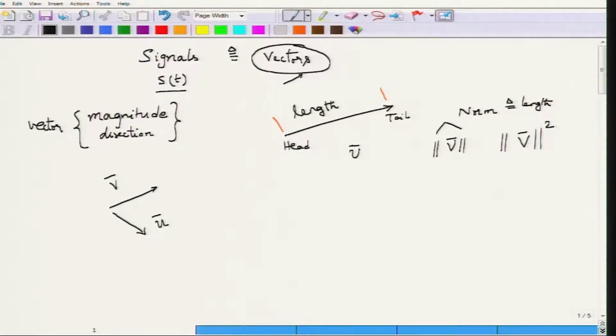Right. So, you can see that there seems to be a specific angle between these two vectors v and u, the way they are written, although you would not be able to find that out so easily. In order to find the angle between the two vectors, and to understand the intuition behind it, you have to understand that mathematically a vector u or a vector v can be slid parallelly,